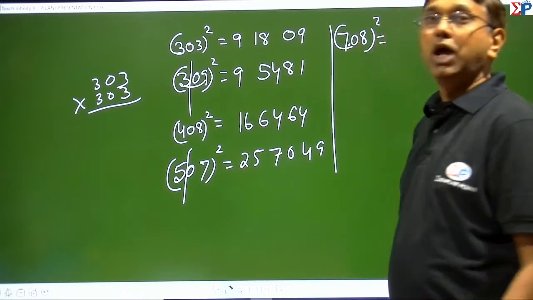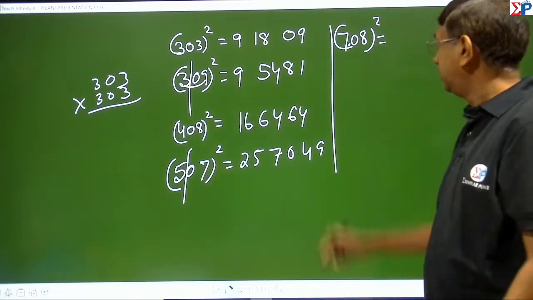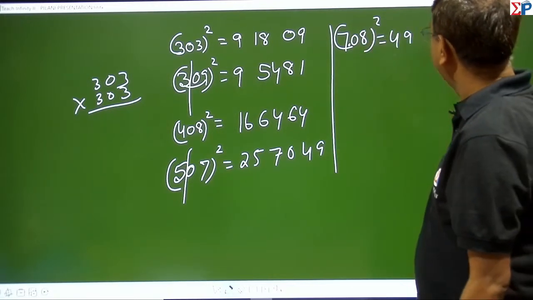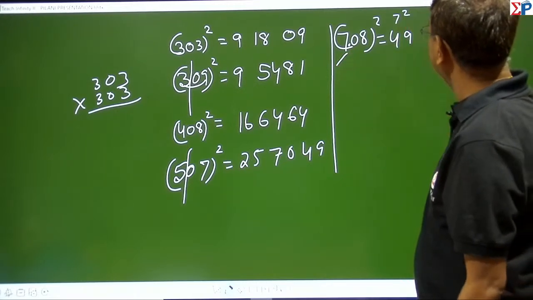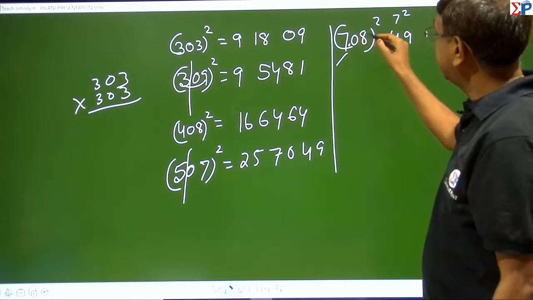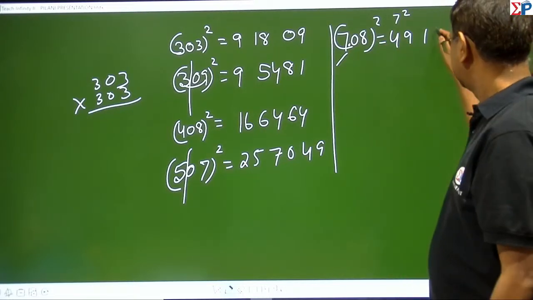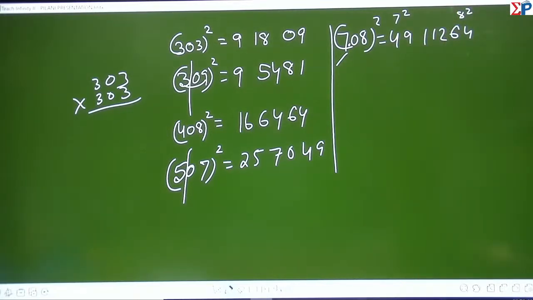708 छोड़ो. अभी पॉइंट को भूल जाओ, अगर इनमें पॉइंट आता है पॉइंट को भूल जाओ। पहले आप 708, तो 2 पार्ट किया, 7 का स्क्वायर 49, 8 का स्क्वायर 64, 7 इंटू 8 56, 56 का डबल, ठीक है, करके देखो 11264।